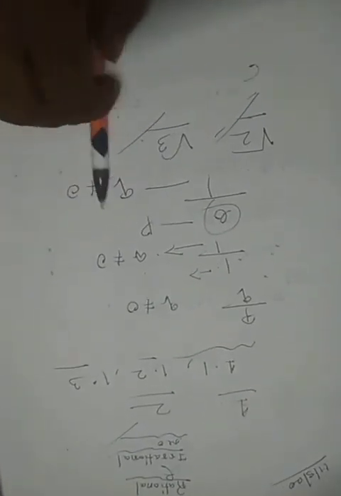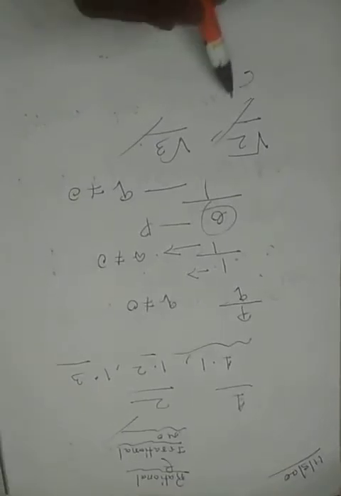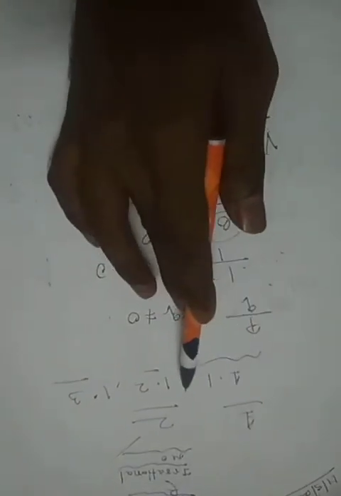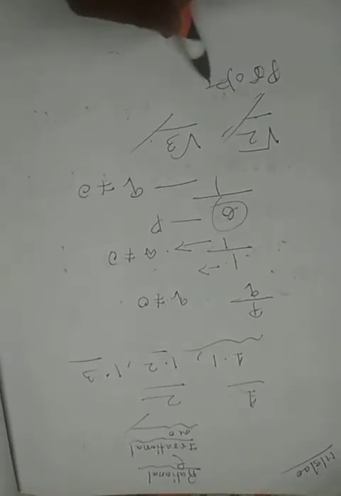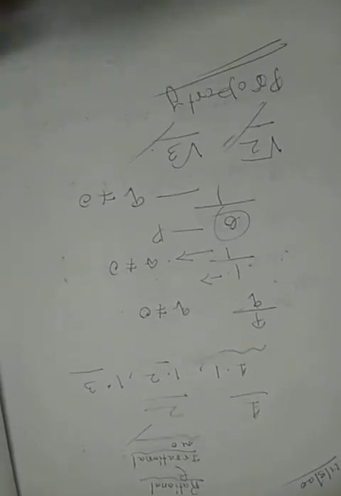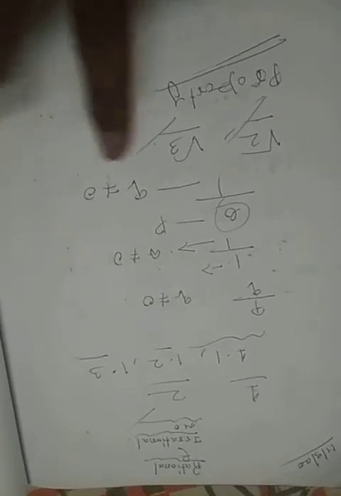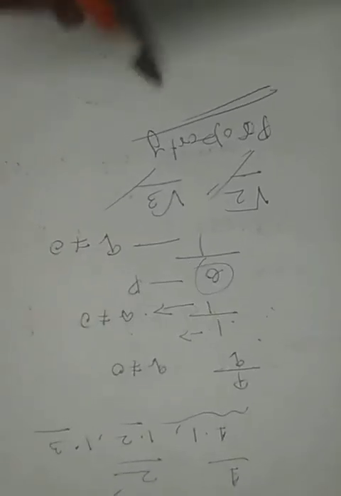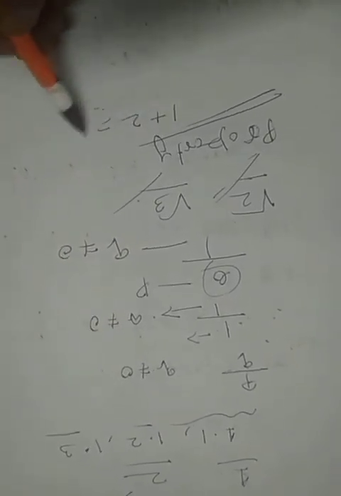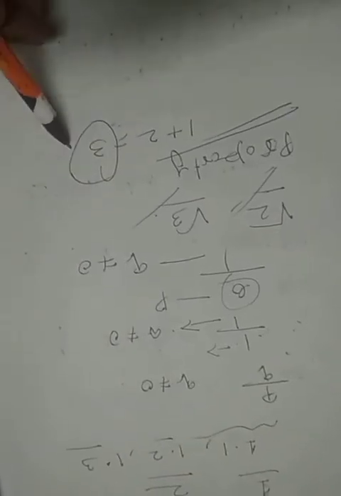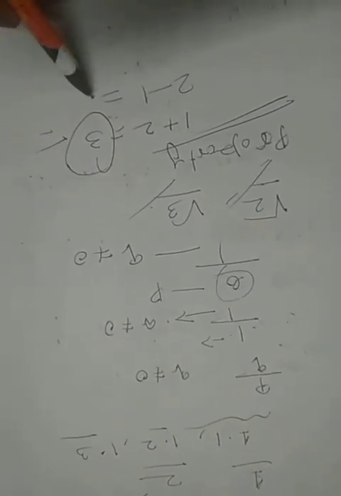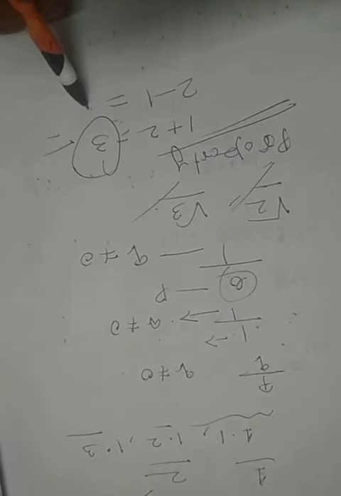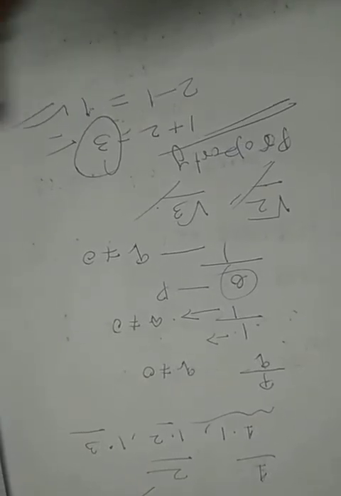From this chapter 4 types of question may come. First question that you have learned, find the rational number between any two given numbers. Second question that may come, some properties of rational and irrational numbers. That means if you add two rational numbers, what result you will get. If you add any two rational numbers, the resultant is also a rational number. If you subtract any two rational numbers, the resultant is a rational number.